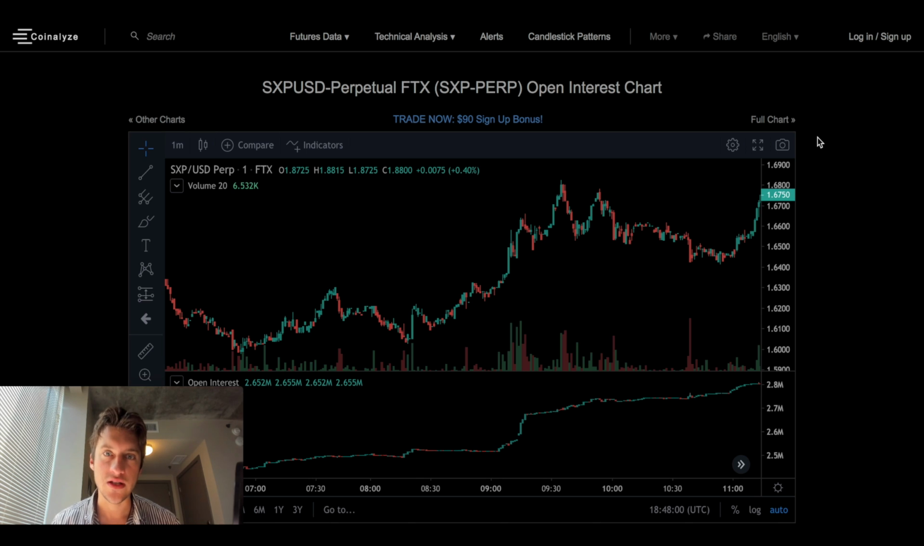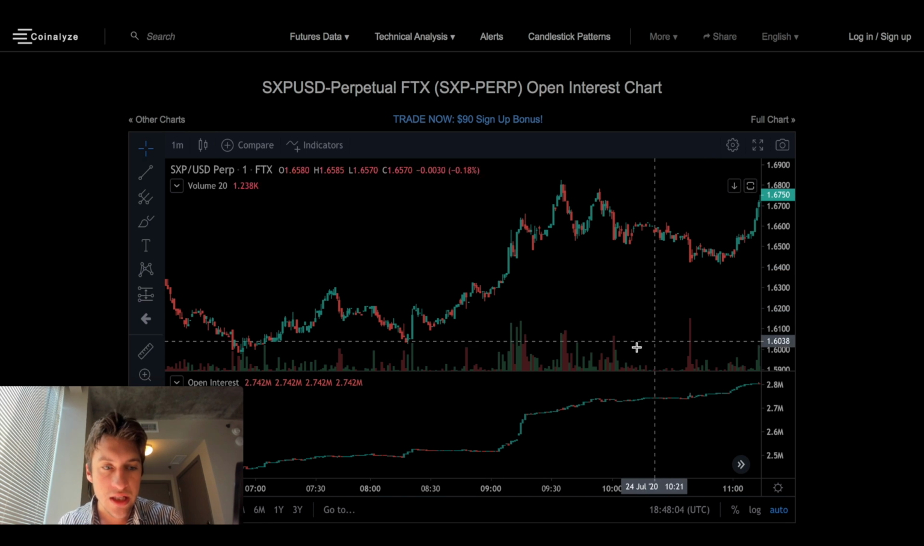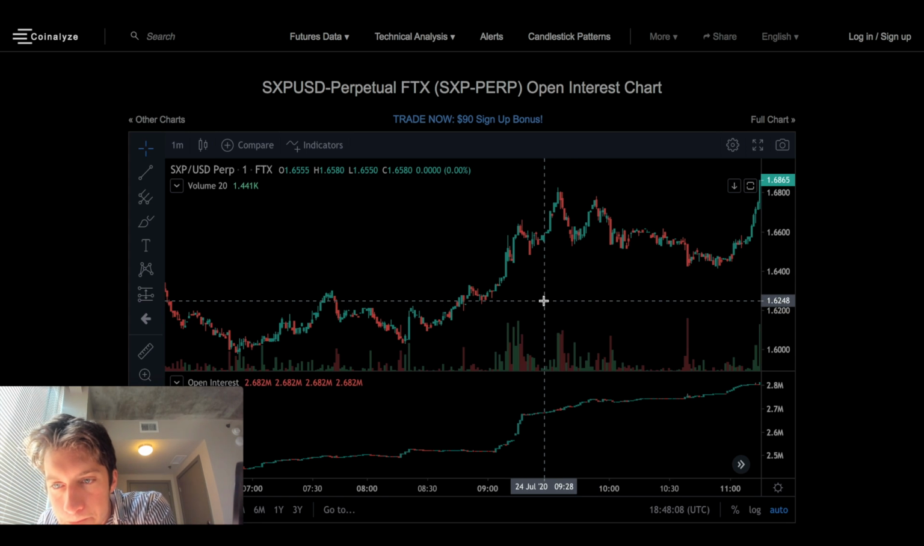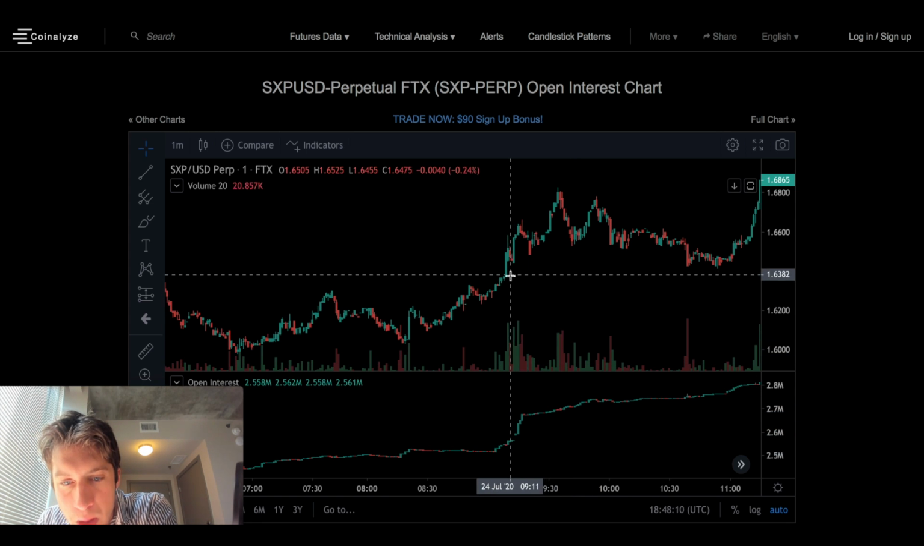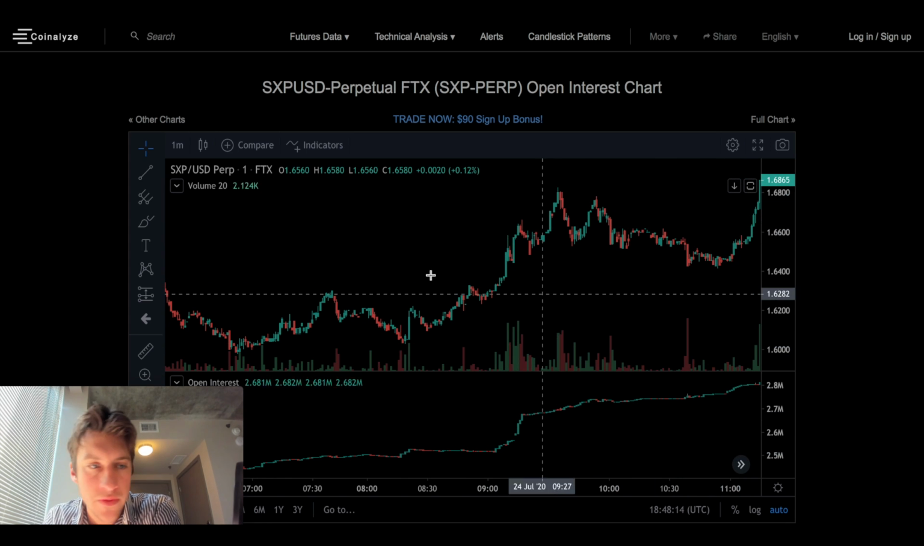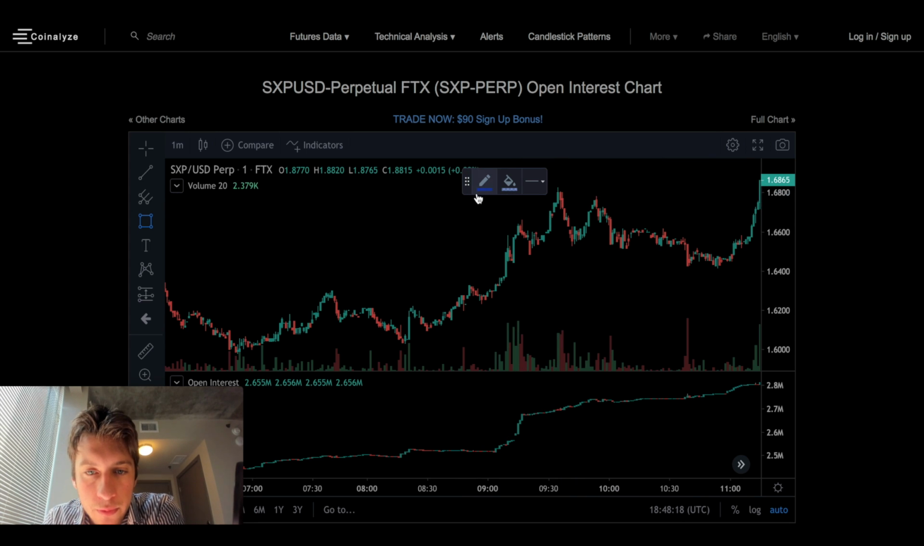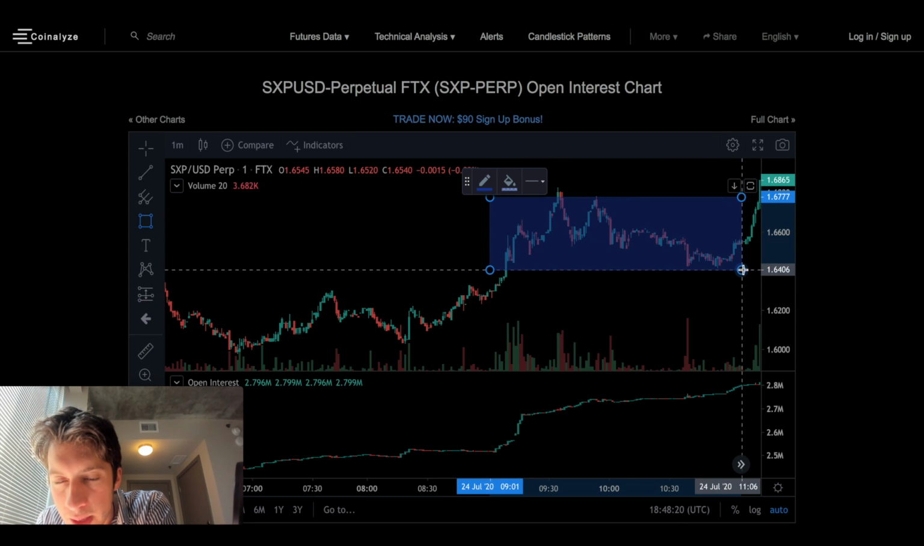SWP on FTX. Previous guy was OKEX. Now we're looking at FTX, open interest. What do we see here? Well, what I see is a massive open interest increase as price is in this range, right? So if I was to illustrate this for you guys, really from here to here, I'm just seeing, let's go